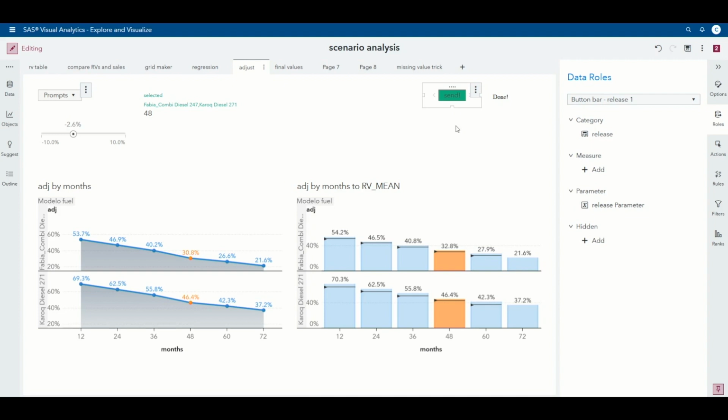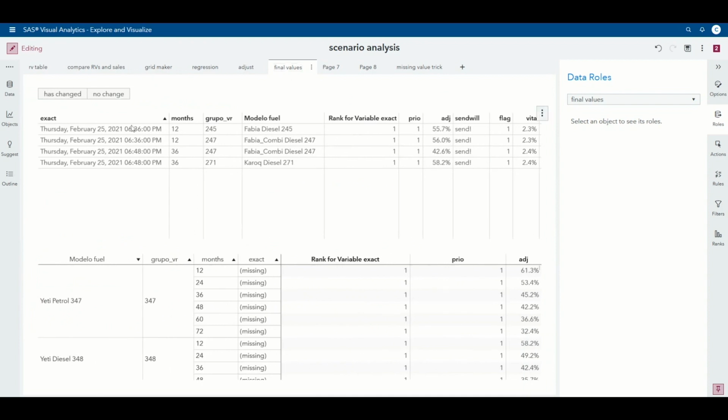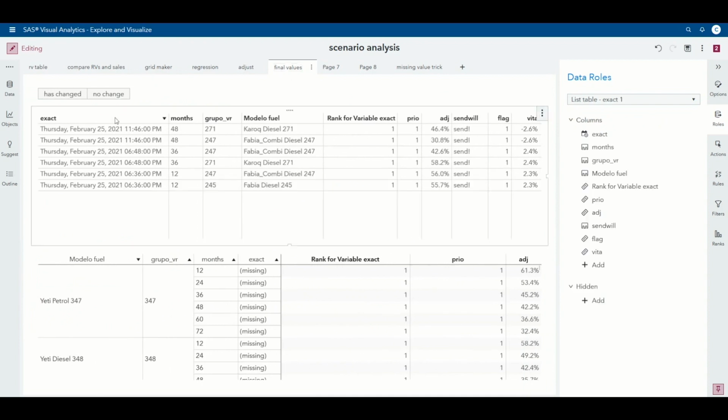So we allow for data-driven content and the job execution in the background, and all these different modifications and commercial adjustments get recorded. So here we can see the latest adjustment we've made at this specific time with the final value.